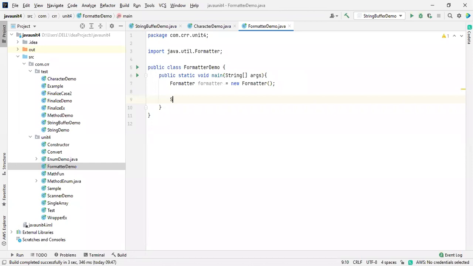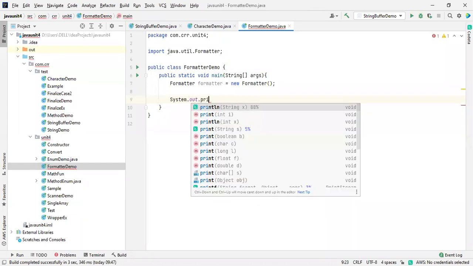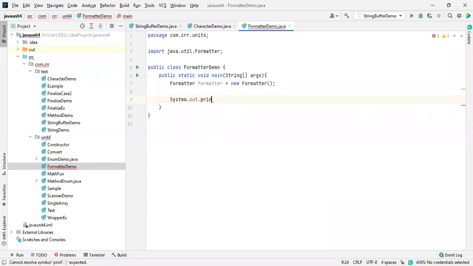System dot out dot printf. So inside Java we also have the printf statement, the keyword printf. Println is somewhat different. If I want to print an integer, I use %d and then a comma, the same as in C language from here onwards. Only this will be added inside Java. If you want to print the value of i, just mention the name i. Because i has not been initialized, I mentioned i is equal to 10. Okay, now the error has gone.